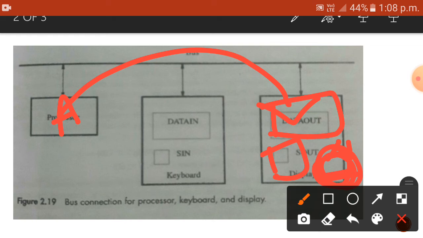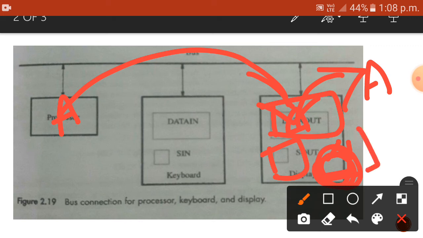Once the character has been printed out to the monitor, this flag will again be set to 1.